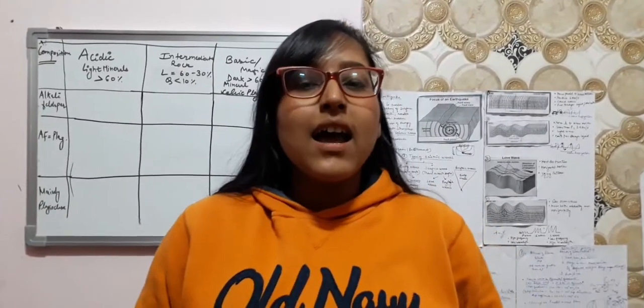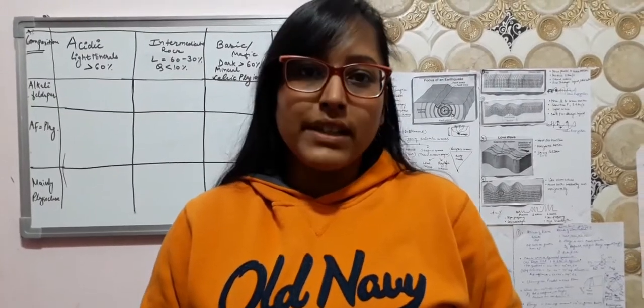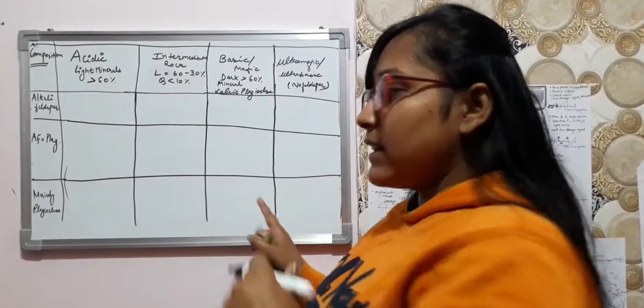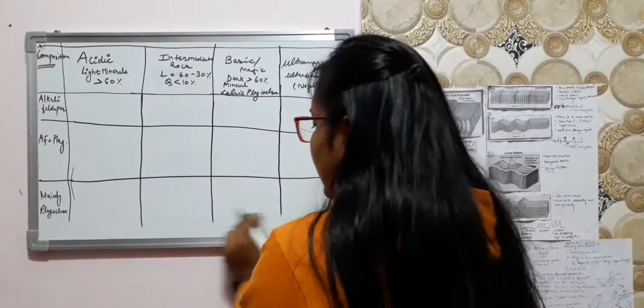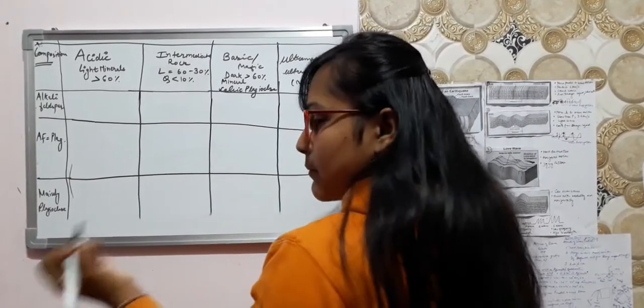This is Sangeeta, and today we will do the volcanic as well as the plutonic equivalent for the various rocks. Okay, so I have drawn these blocks over here. We will fill this one by one as a trick. If you have seen my Bowen's reaction series video, I have written the magma type over there,